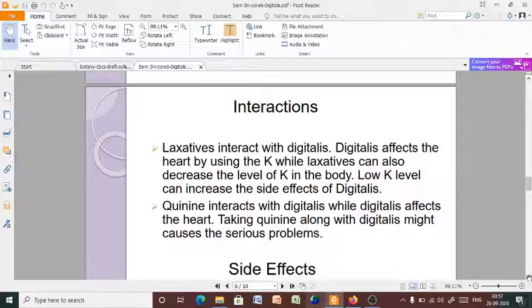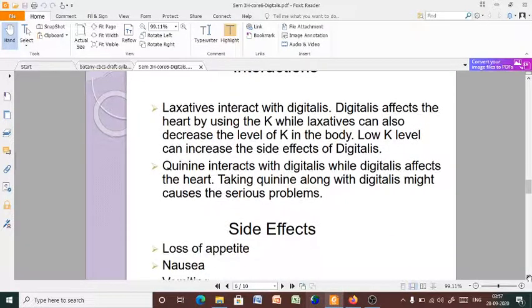Digitalis affects the heart by using the potassium, while laxatives can also decrease the level of potassium in the body. So low potassium level can increase the side effects of digitalis. Similarly, quinine interacts with digitalis, while digitalis affects the heart. Taking quinine along with digitalis might cause some serious